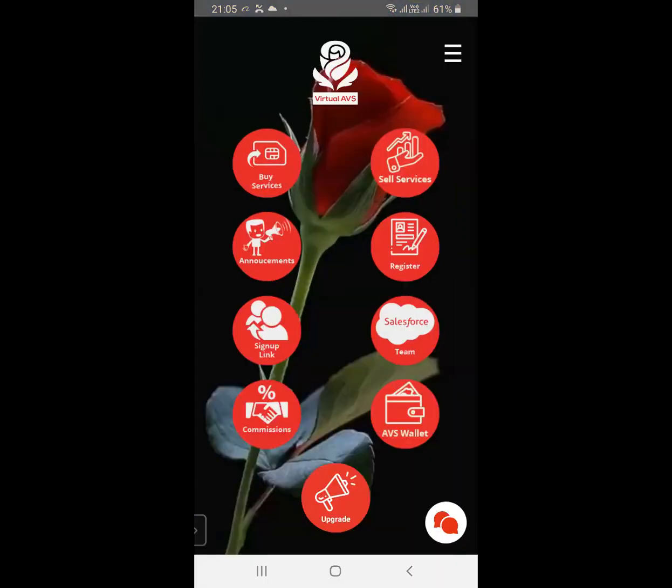Virtual AVS is an application. For the longest time, we've been saying that virtual AVS is an application that gives you an opportunity to make money from airtime. But I think that statement does not fully represent what virtual AVS is, simply because as of now, you're able to buy much more than airtime and actually make money from it. In this case, we are talking about some utilities, which I'll be covering.